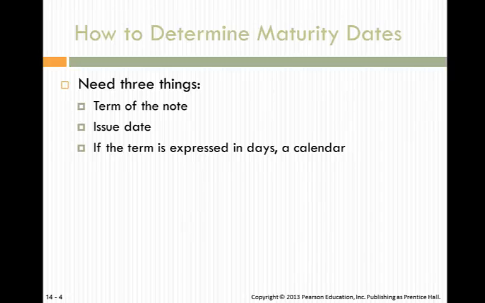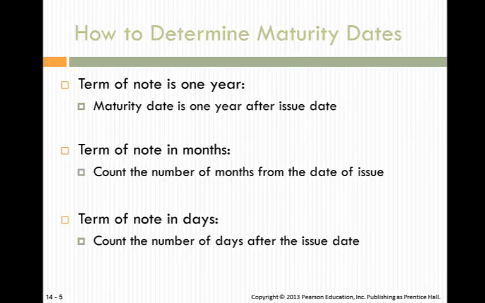To determine maturity date, you need three things. These three things are the term of the note, the issue date, and if the term is expressed in days, you need a calendar. Now let's go over the basic rules for determining maturity date. If the term of the note is 1 year, the maturity date is 1 year after the issue date. Use the same day and the same month, just add a year. For example, if I issue you a 1-year $500 note on April 15, 2013, the maturity date is April 15,